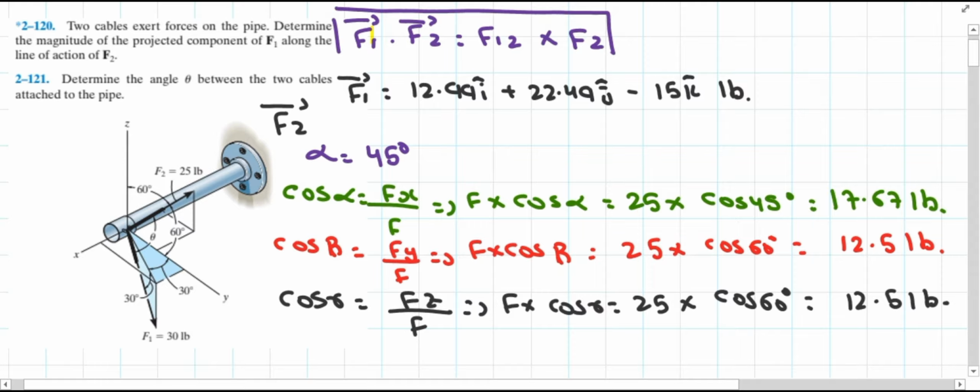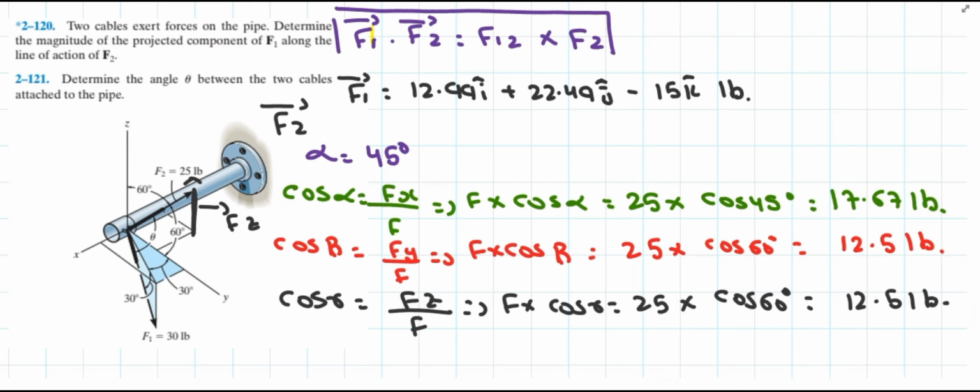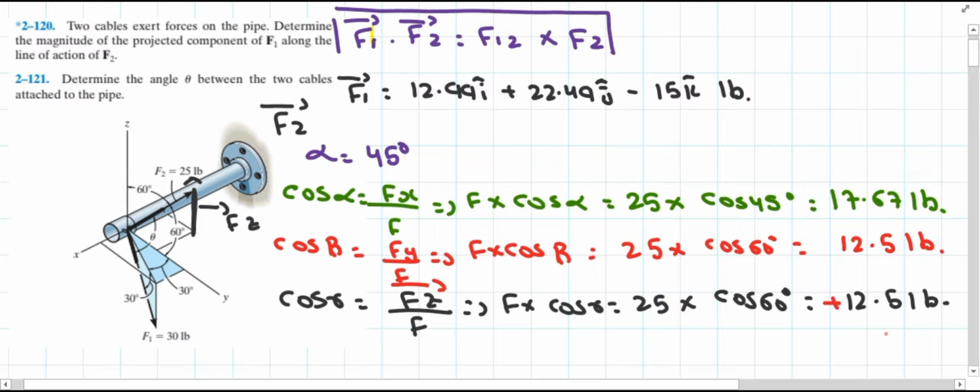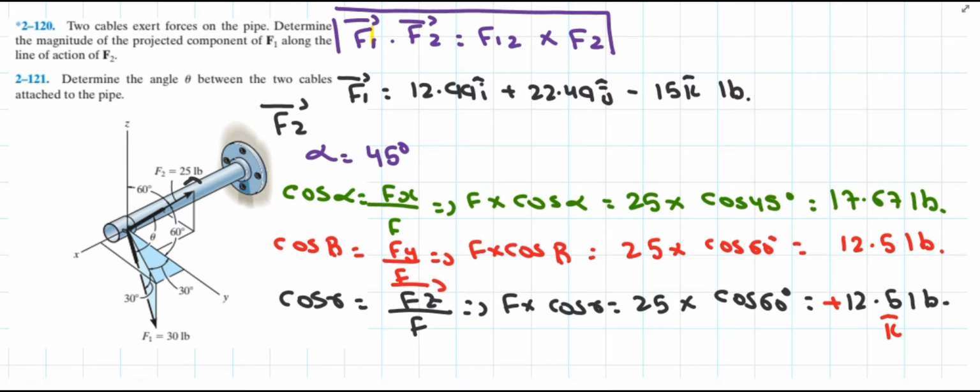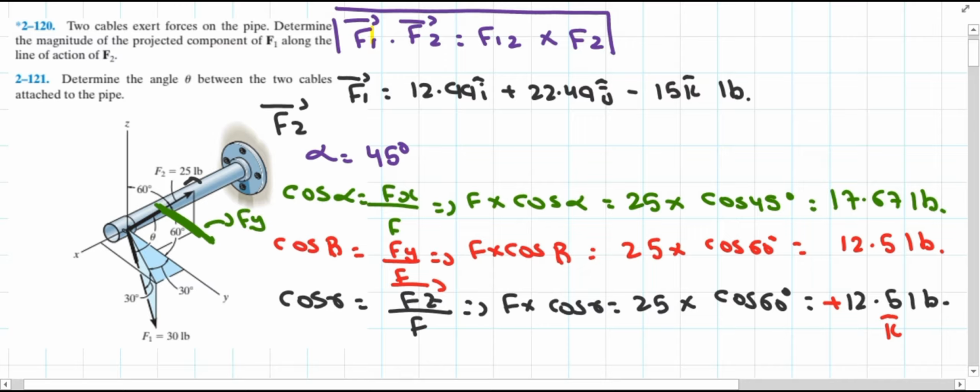But these are all the magnitudes of the components of force F2. What about the directions? For that, if you see the question diagram, this vertical line represents the z-axis and it is acting vertically upward. So this is our Fz, and it is positive because it is acting vertically upward. So the direction of Fz is positive 12.5 pounds k cap. Now if you see the question diagram again, this particular length right here is basically the Fy, and it is acting on the right hand side.